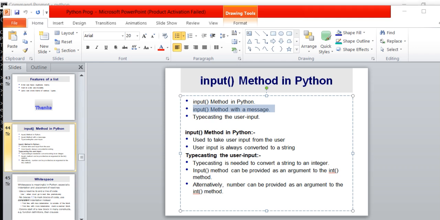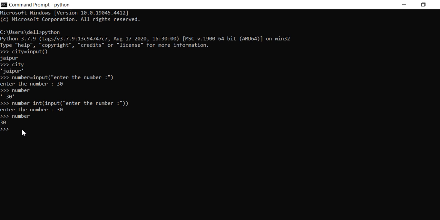Let's understand with the help of an example. Again, I am typing here the variable name number equal to input, enter the number. Here I am not doing any typecasting. When I press enter, I will not get any error. Now I am typing number and pressing enter.